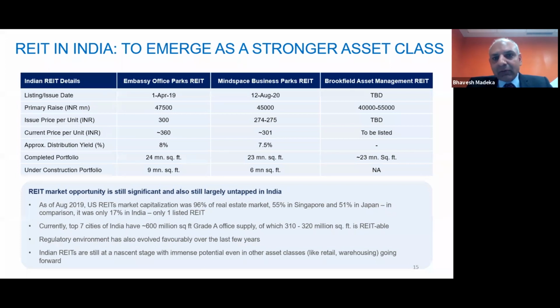The yields are coming down, because even today the yields are in the region of about 6.75% for Embassy and Mindspace, 6.75 to 7%. And they are able to borrow from the market, from the banks, which previously was only based on lease rent discounting at 9% or thereabouts. The REITs are able to borrow in the region of about 7 to 7.5%,